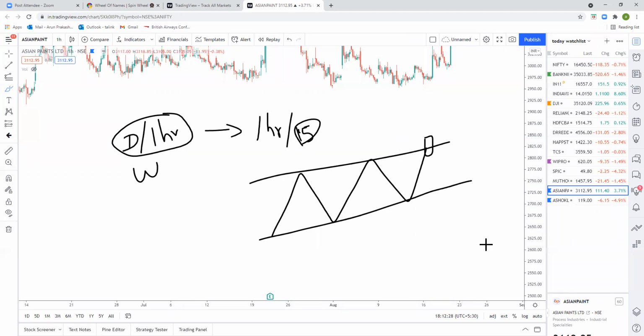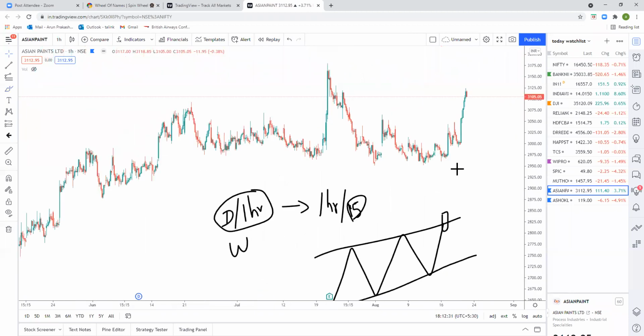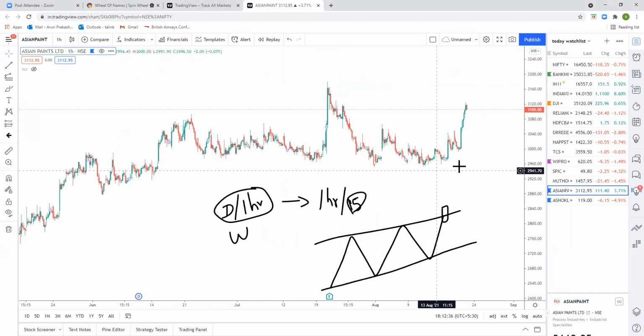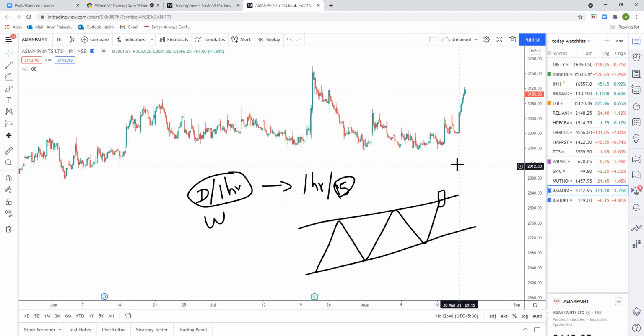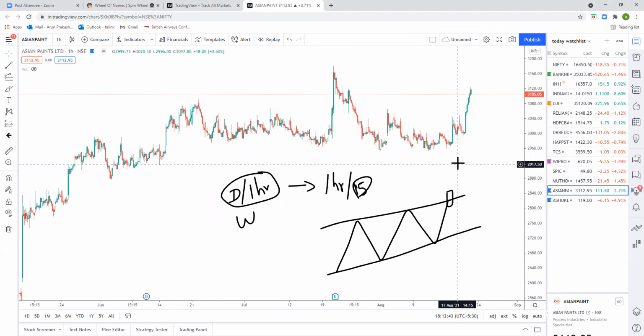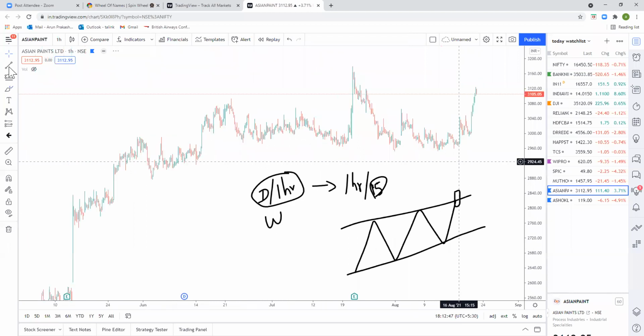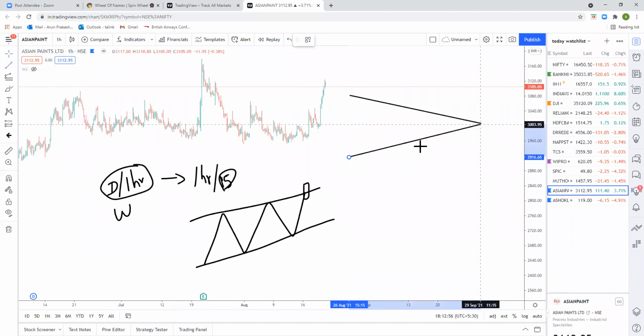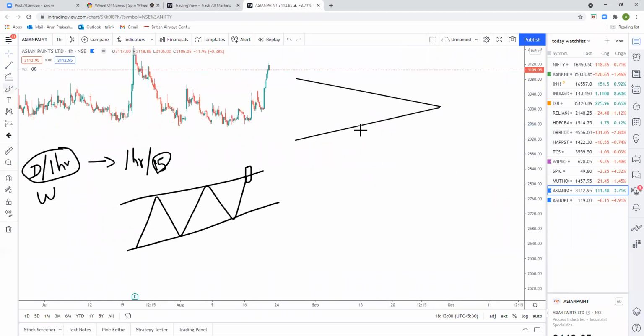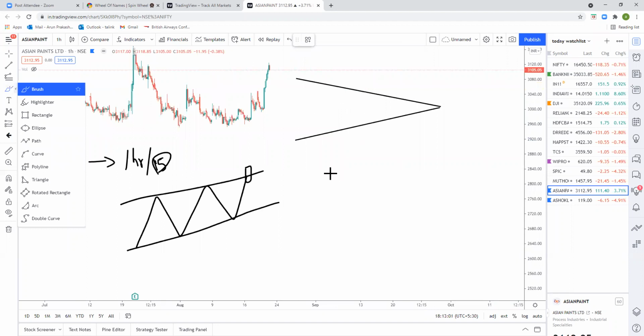Yes. One more doubt. Comparing to these support and resistance and triangle patterns, how powerful is VCP and cup and handle pattern? How powerful is, sorry? VCP and cup and handle. Okay, I don't use any of that. I just use this triangle pattern and channel pattern. I don't trade based on any other pattern. I don't use inverted head and shoulders, cup and handle, cup and saucer. All those patterns I don't trade. I just trade based on these two